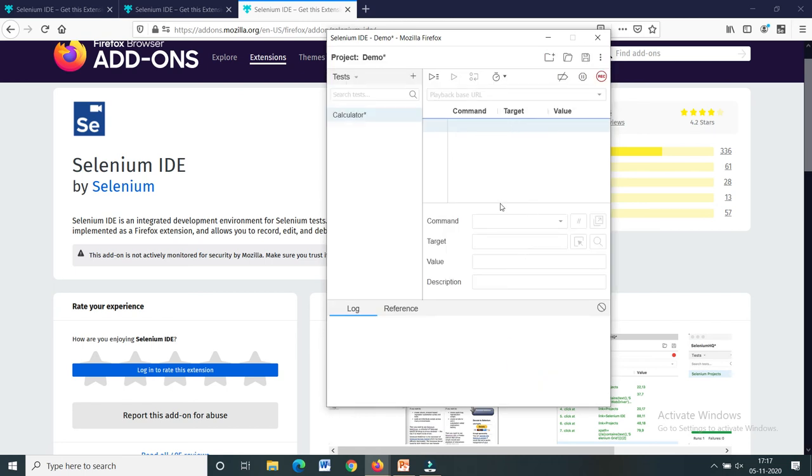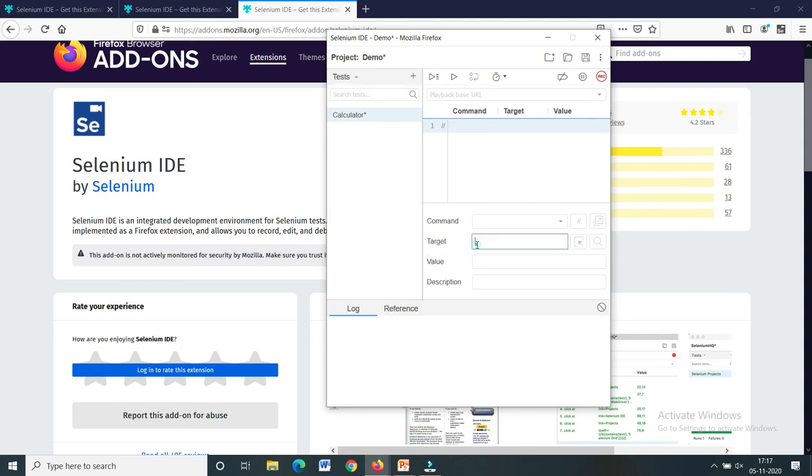Next is the table format, which contains the command, target, and value. Most of the time you work upon this table view. Here you can create and modify all the Selenese commands. To create the steps, you can type the name of the command in the command box. Most of the commands used are click, next, type, check. These are the different commands shown here, and you can use them for running the test cases.